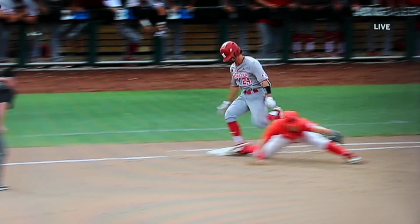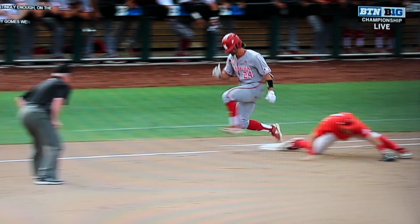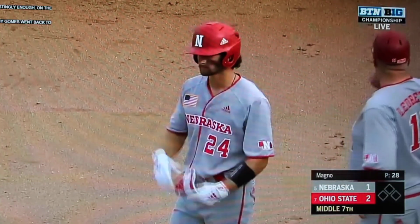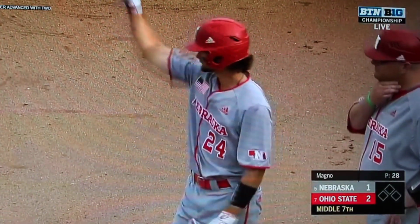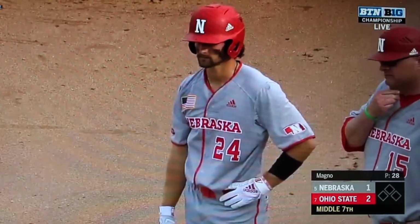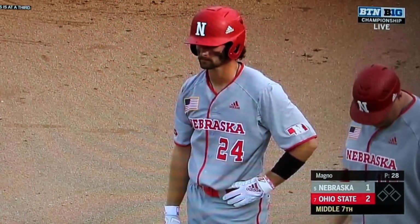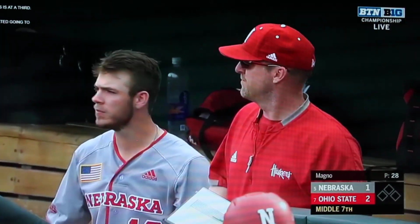Interestingly enough, on the play, Colby Gomez went back to second base. So he never advanced with 2 out on the play. So if there's an overturn, it's a tie game, but Gomez isn't at third. It's rather unusual. He started going to third, but when he saw Nick Irwin field, he backed up and went back to second base. So if there's an overturn, it's